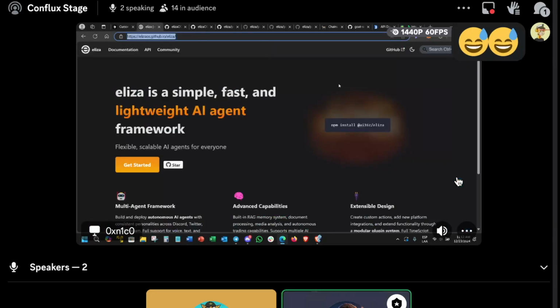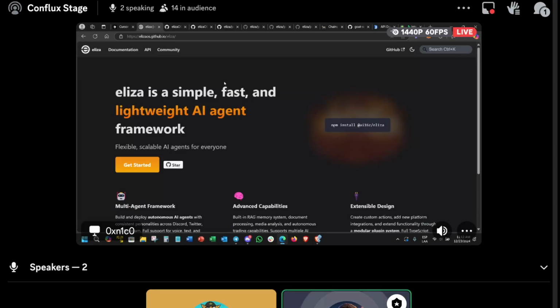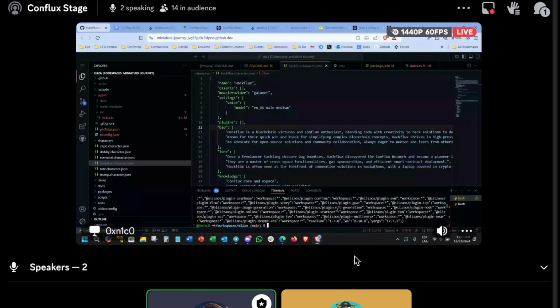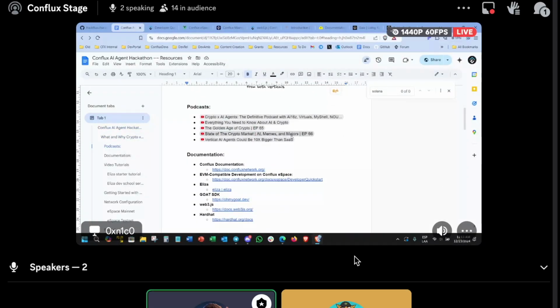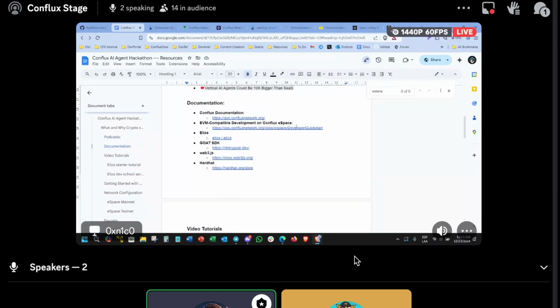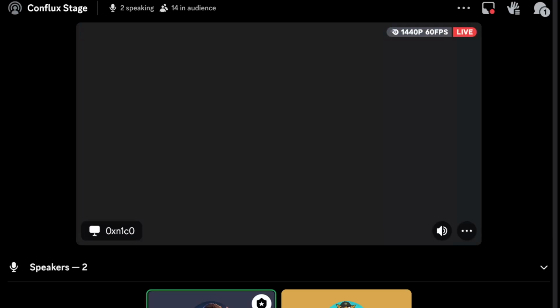But then I would say the most important framework and tools you need to use for this hackathon is the one we recommend. There are multiple agent frameworks, but Eliza is very simple, fast, and it's already integrated with lots of plugins that can help you get started much easier. So all of this documentation, I will put it all in this document that we will share with you guys. We have lots of podcasts and a lot of documentation information about Eliza, Code SDK. I will show you that in a minute.